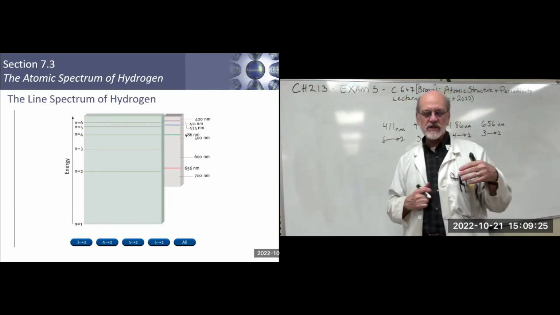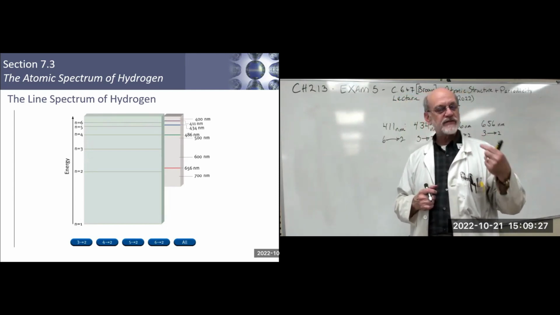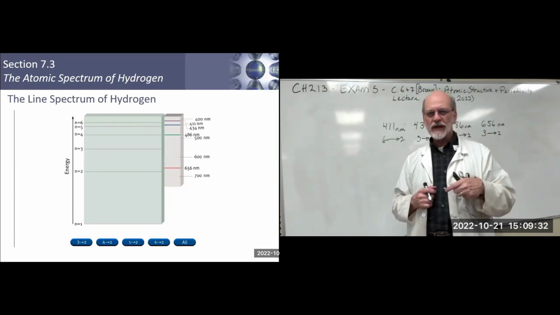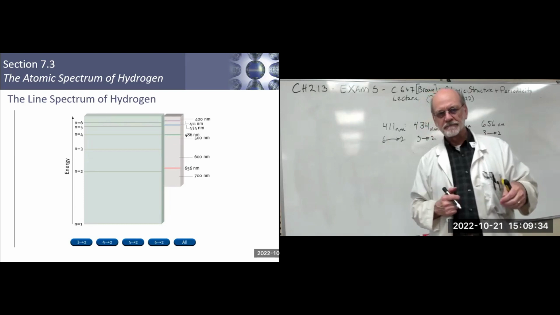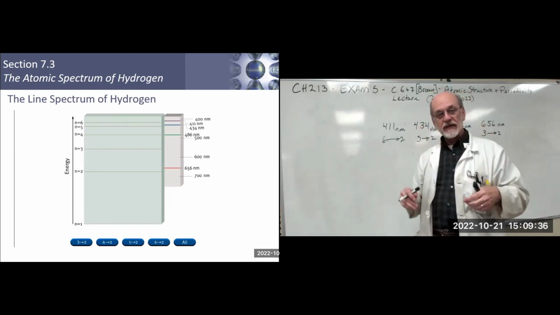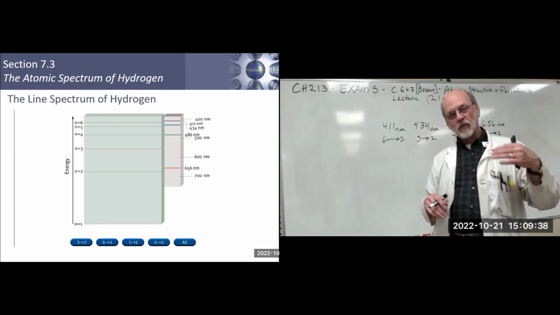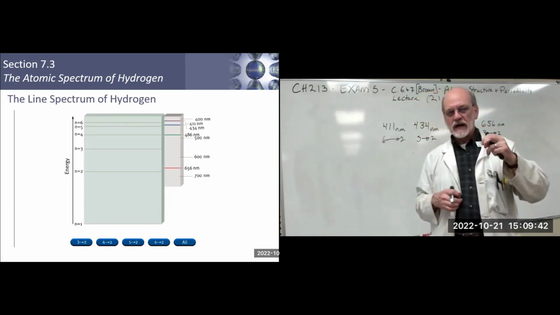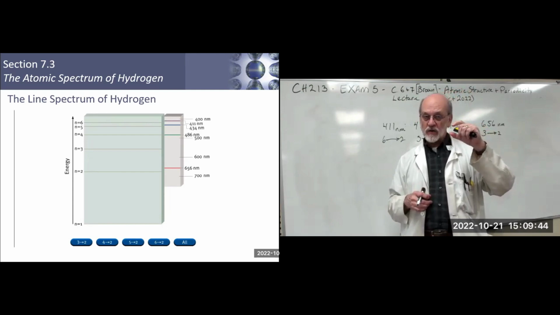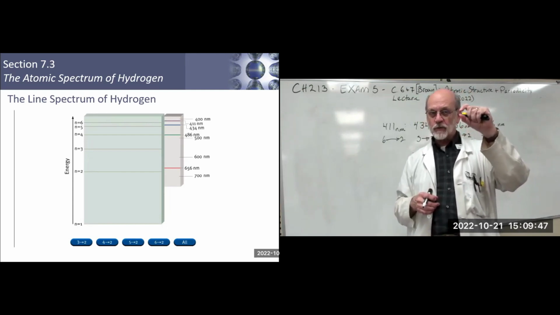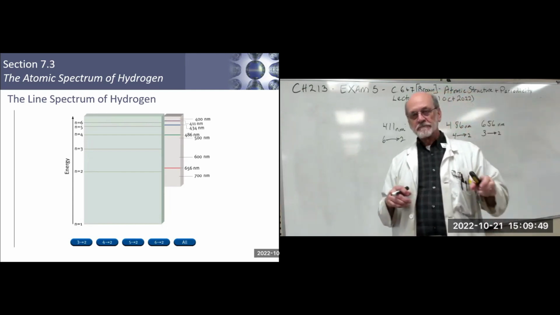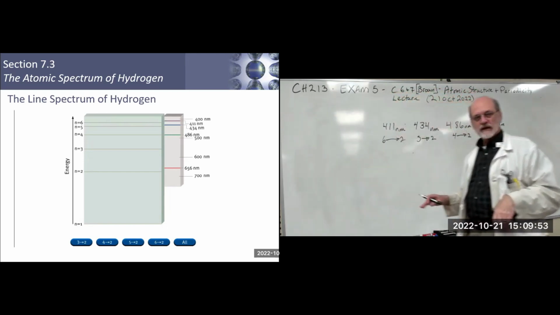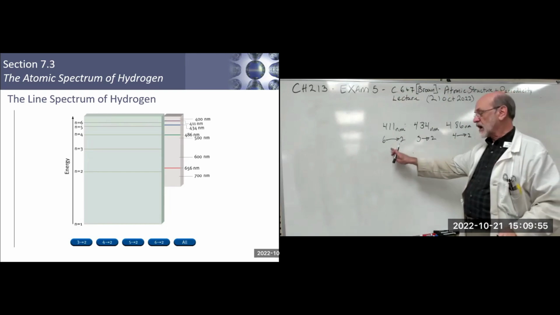Notice that the lowest energy level is 1. That's not right on the nucleus, but it's close. No electron's going to be right on the nucleus. It'll be at a certain distance. And then there's a jump from 1 to 2 of a huge amount. And then the jumps get smaller as you go from 2 to 3, and then 3 to 4, and 4 to 5 to 6. So that's why if the jump is between 6 and 2, there's not quite as much